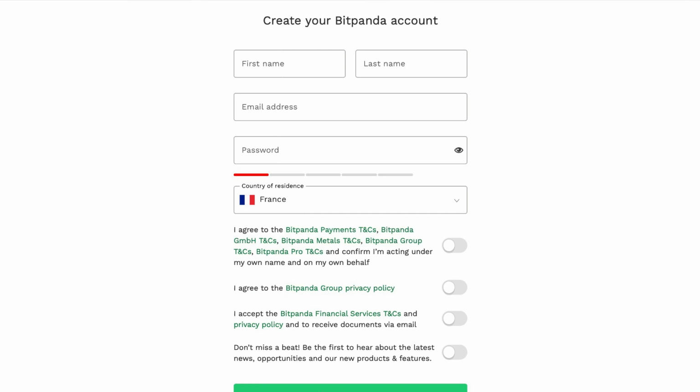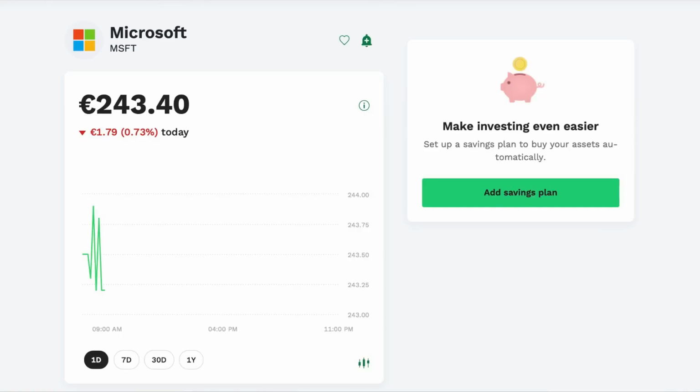Also super easy to use, no fees whatsoever on the platform. It was really easy to open an account, less than 5 minutes again, just using the mobile app, which is also very convenient to use. Also a very nice website that is basically like the mobile app. So a very easy to use platform. So if you want to quickly get into stock investing, short term, long term, that's really a platform that is